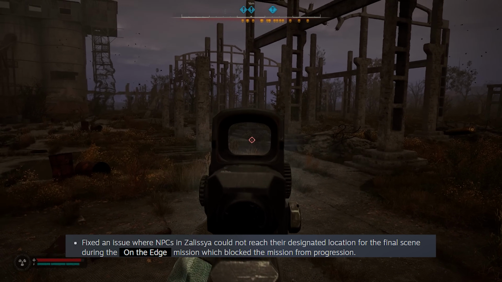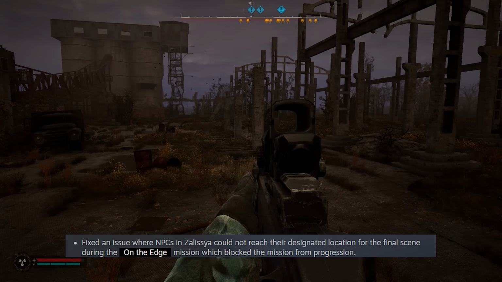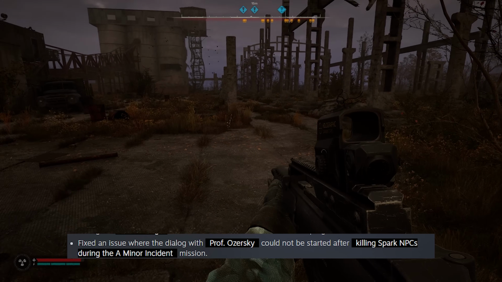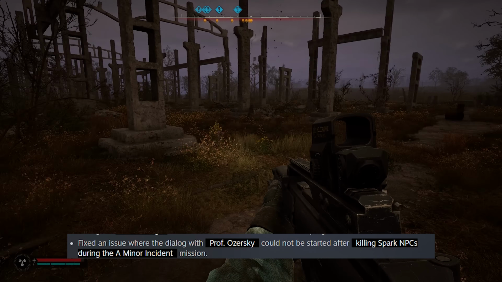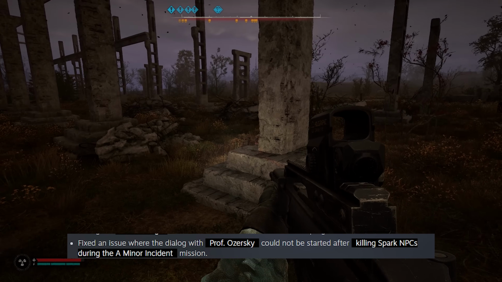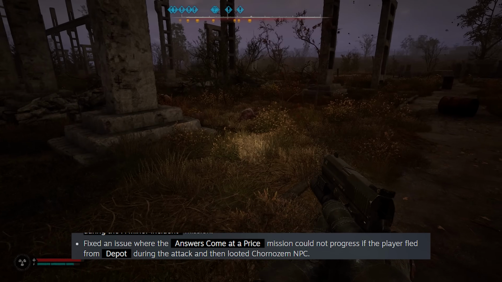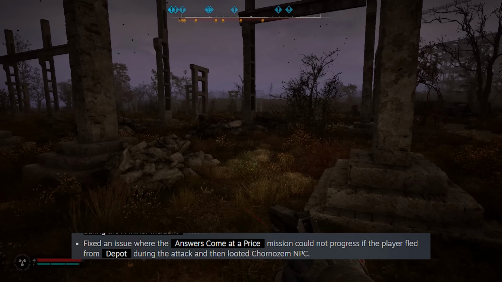They fixed an issue where NPCs in Zalissya could not reach their designated location for the final scene during the On the Edge mission, which blocked the mission from progressing further. They also fixed an issue where the dialogue with Professor Ozerski could not be started after killing stalker NPCs during the A Minor Incident mission. They also fixed an issue where the Answers Come at a Price mission could not progress if the player fled from the depot during the attack and then looted the actual NPC, because this was a big